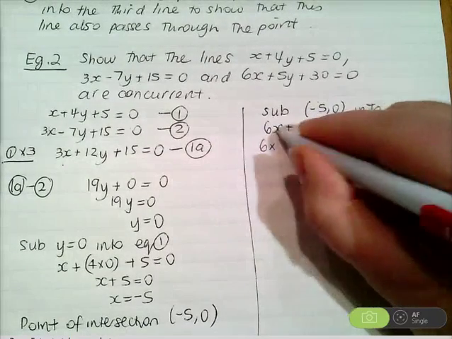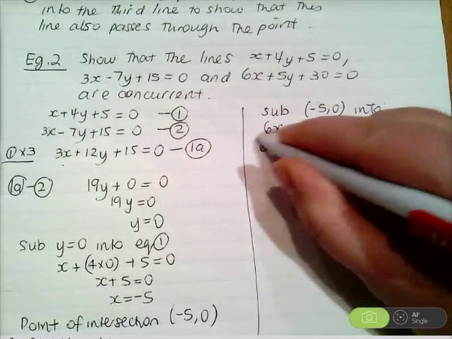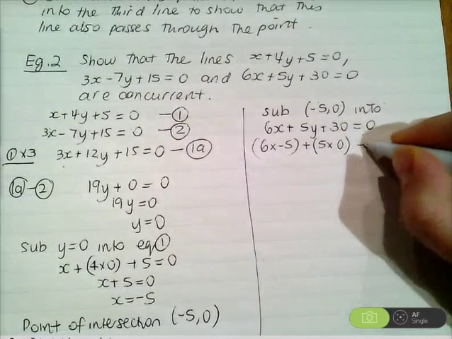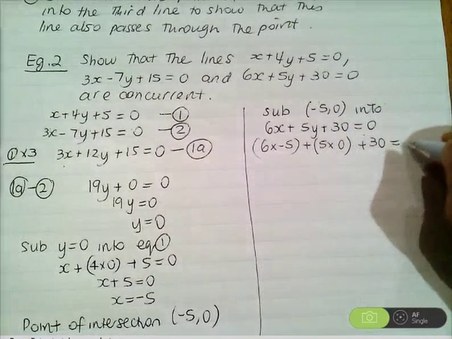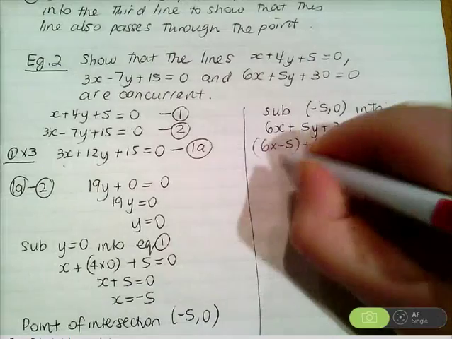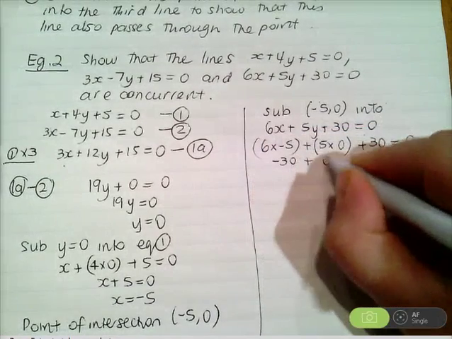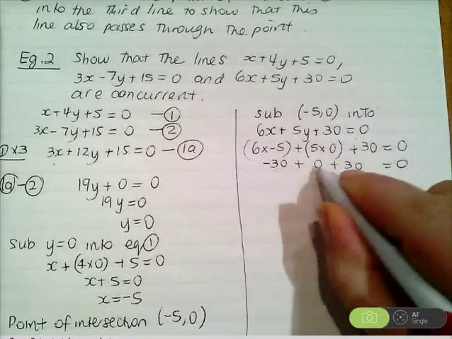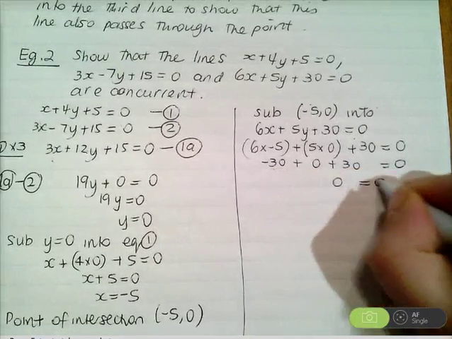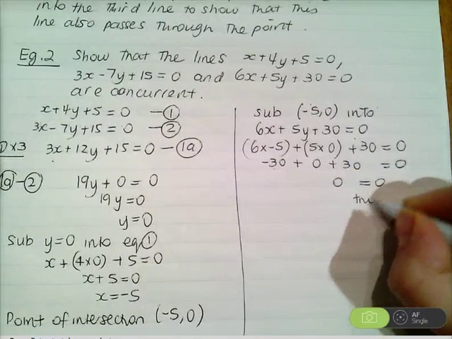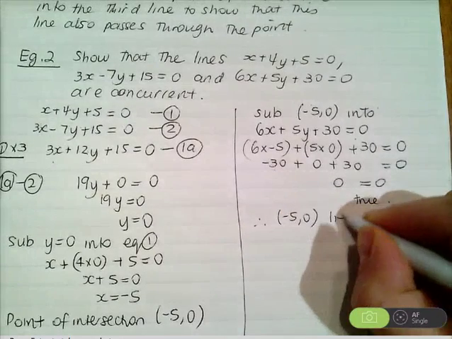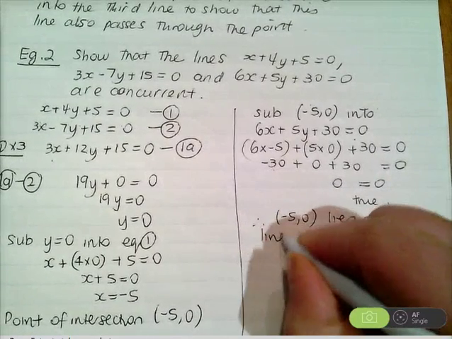So we go 6 times the x value, or 6 times -5, plus 5 times whatever the y value is, which is 0, plus 30 equals 0. I'll just work this out over here. I've got -30 plus 0 plus 30 is 0. Looking at my left-hand side, -30 plus 30 is 0, equals 0. Therefore, that's true. Therefore, -5, 0 lies on the line